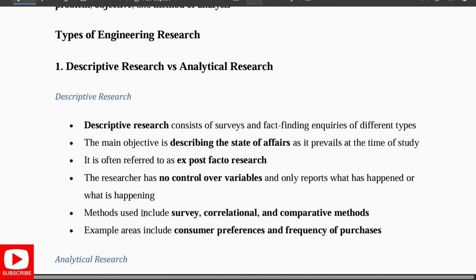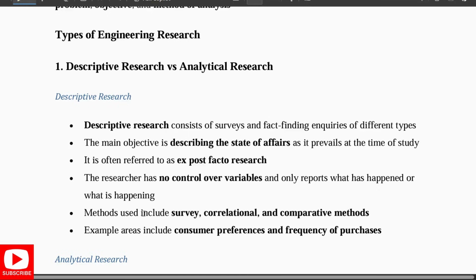inquiries of different types. That is, the main objective is describing the state of affairs as it prevails at the time of study. So this is also called ex post facto research. The researcher has no control over the variables and he only reports what has happened or what is happening. So these methods are used like in the surveys, in the correlations, then in the comparative methods. So you can give examples like consumer preferences and frequency of purchases. These are all some